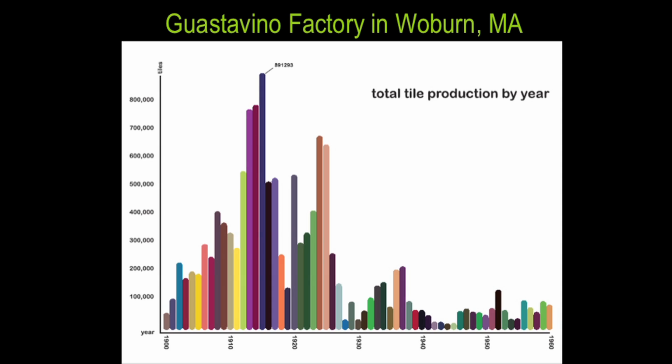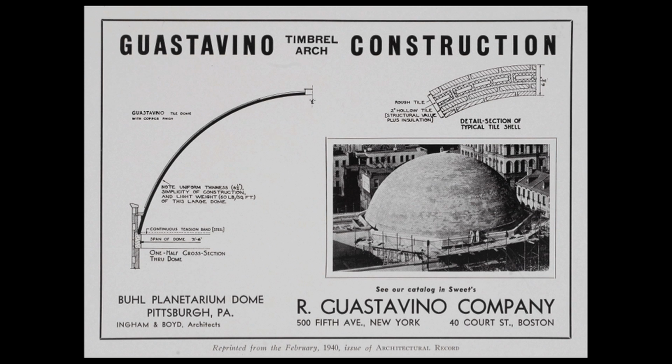The production of tiles at the company really is a history of the 20th century in America. You can see the World War, you can see the Depression, you can see World War II, but you can see that the company really peaked around 1910 and the 19-teens when they were making almost 1 million tiles a year, and really were extraordinarily productive. Eventually, the son retired in 1940. He passed away in 1950, and they began to face competition from